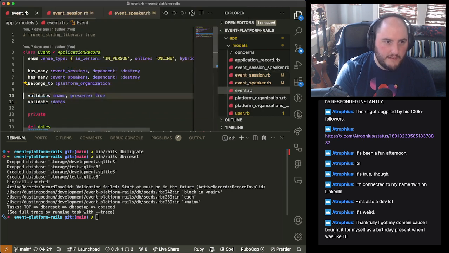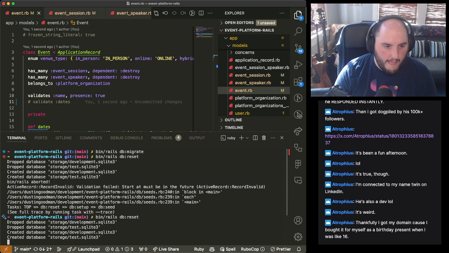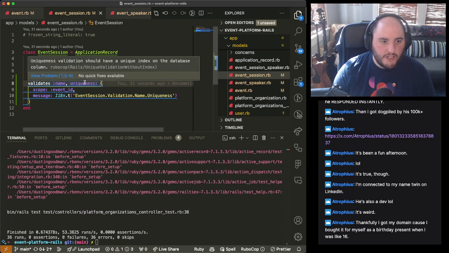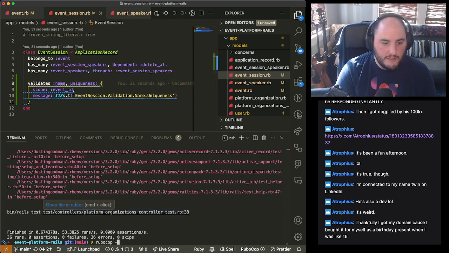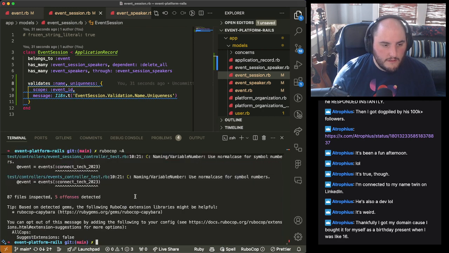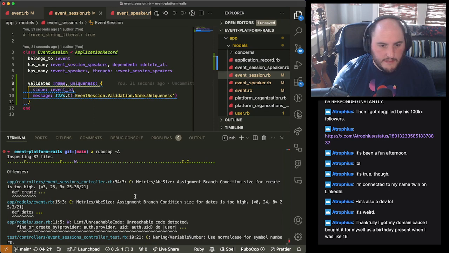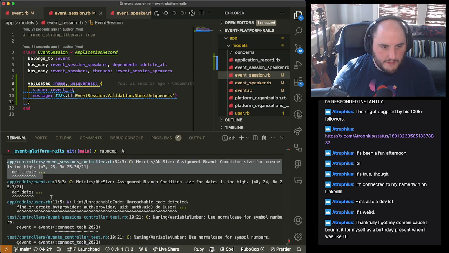Let's go to the event, disable the thing one more time. Okay. I don't know why it's mad. This doesn't make sense. This constraint is absolutely here. So we're just going to ignore our IntelliSense for a minute because I think it's full of it. But we do have some RuboCop to fix. And we might ignore some of these RuboCops for a minute.